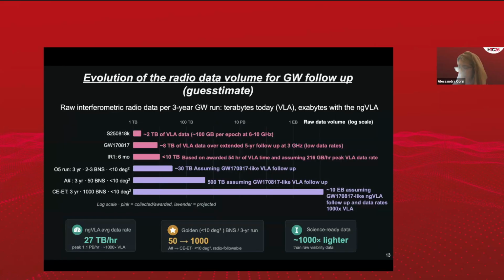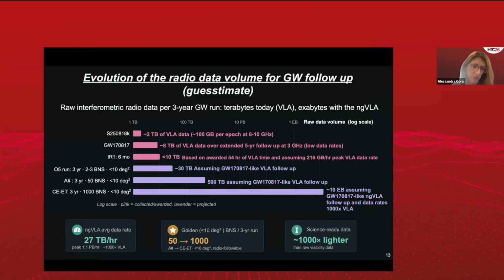The other thing I wanted to point out is a guesstimate that I was working out for myself, just to understand how all this is going to scale with the next generation. While these data, because of how rare these events are, are not really heavy today, for the latest event that I mentioned, the subsolar candidate, we collected about 2 terabytes of data. For GW170817, the golden candidate, across multiple years, we have about 8 terabytes of data. So these are small data sets.